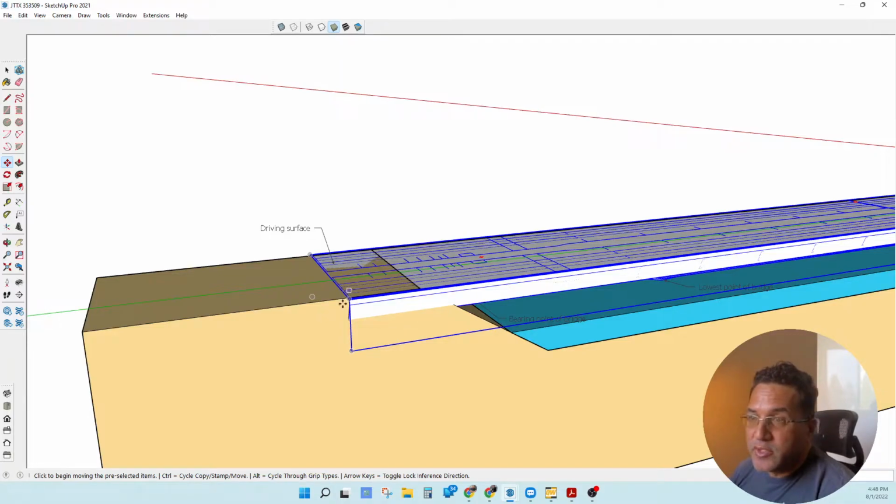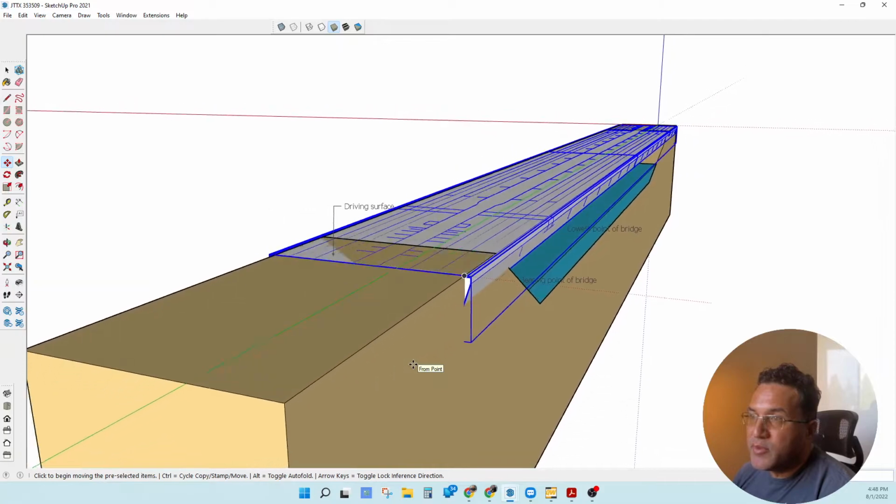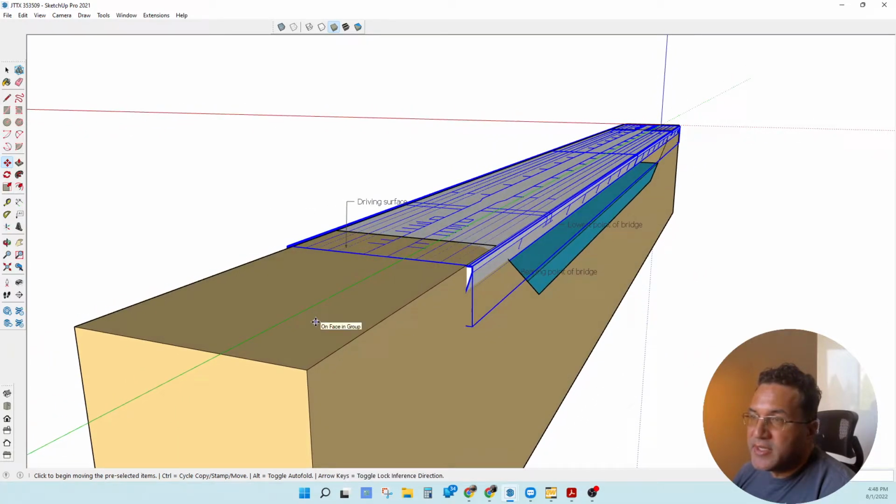But that's one way to do it. You dig out your abutments just for this bridge to set inside. You dig out your banks for the bridge to set inside. And then your abutments would go even lower than that. They would go way down over here. But the benefit of that is it provides for a nice, smooth driving surface from existing grade all the way